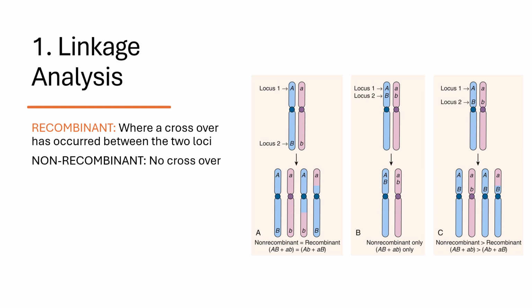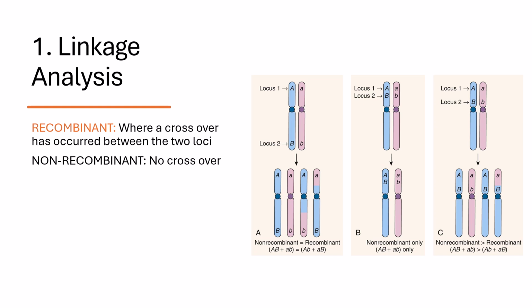Now, when the child inherits the uppercase A and uppercase B always together, then it is non-recombinant. If there is lowercase a and lowercase b always together, that is also non-recombinant. But if there has been a crossover between these two, and a child inherits an uppercase A along with the lowercase b, or vice versa,